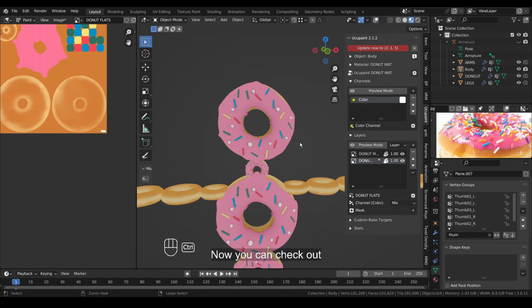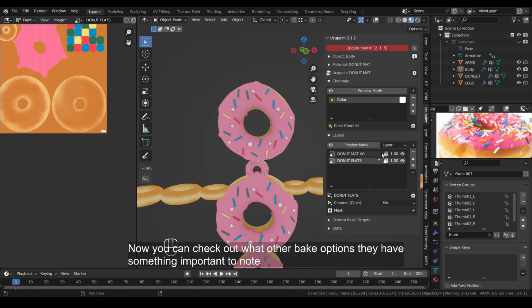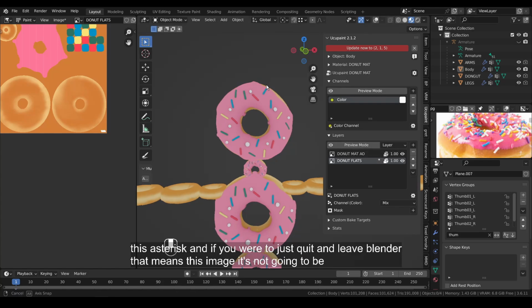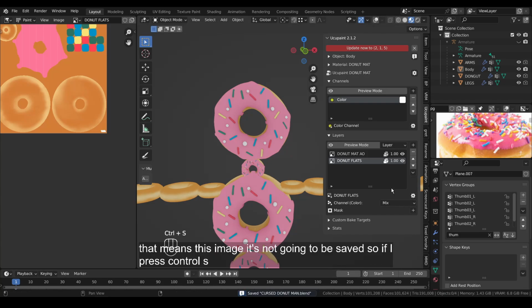Now you can check out what other bake options they have. Something important to note with UCU paint is you'll see this asterisk. If you were to just quit and leave Blender, that means this image is not going to be saved. So if I press Ctrl S and save the file, you can see that means it stores the image file within